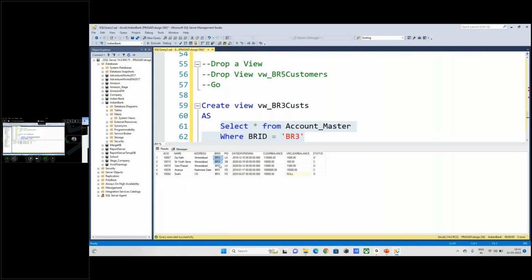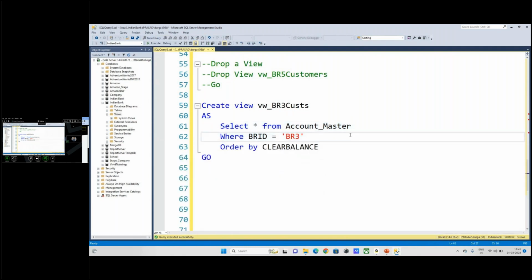So Monday morning some data is going to be loaded. So that data, okay, that data